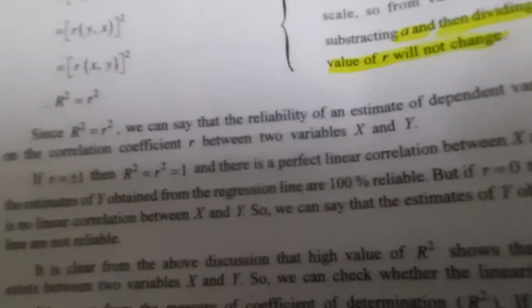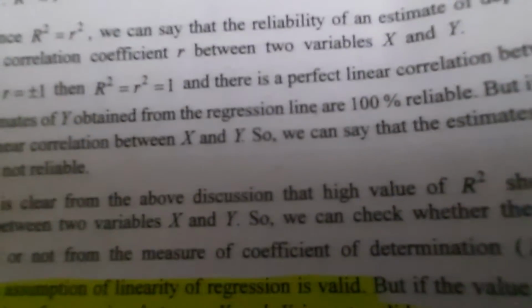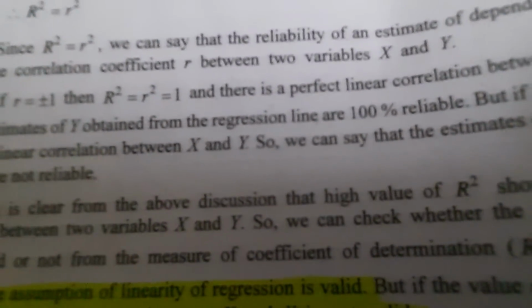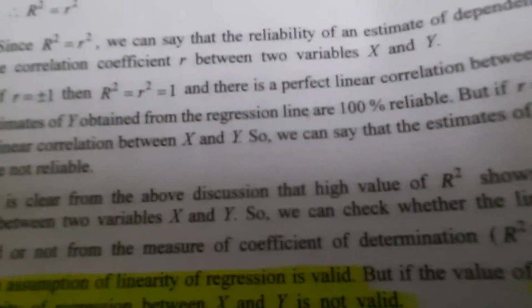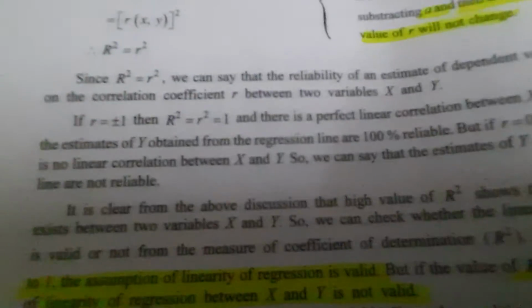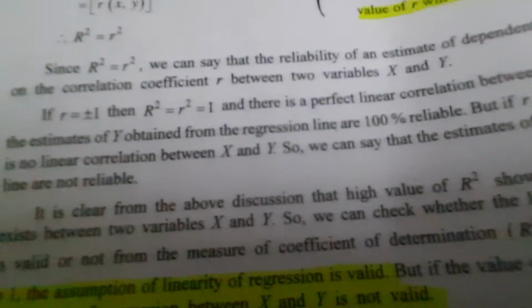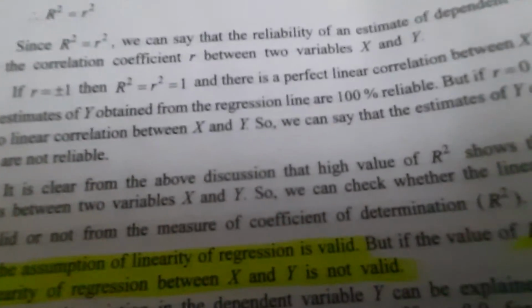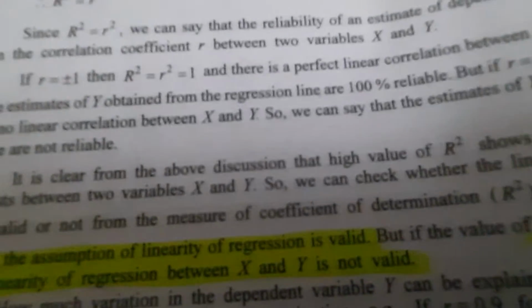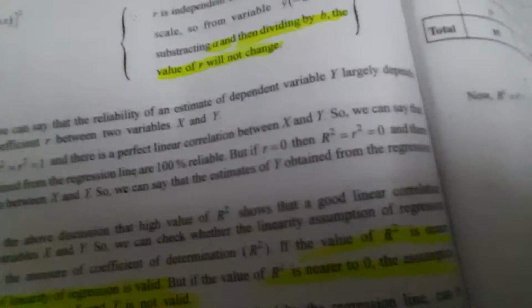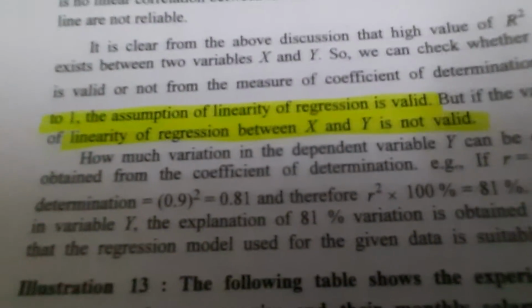Now please understand that if r squared is coming to 1, then we can say there is perfect linear correlation, and our estimates and the actual values would be the same. If r squared is closer to 1, say for example 0.81, 0.85, 0.9, etc., there is a high degree of linearity. If r squared is less than 0.5, there is insignificant linearity between the variables. So that is the conclusion from that.